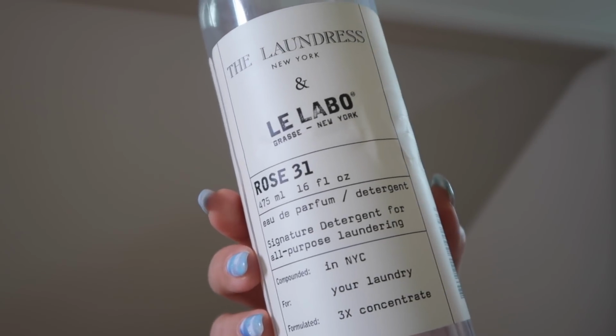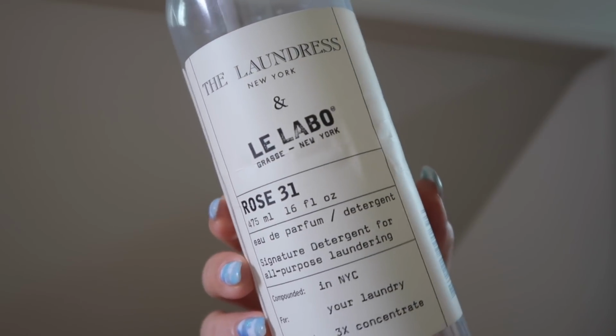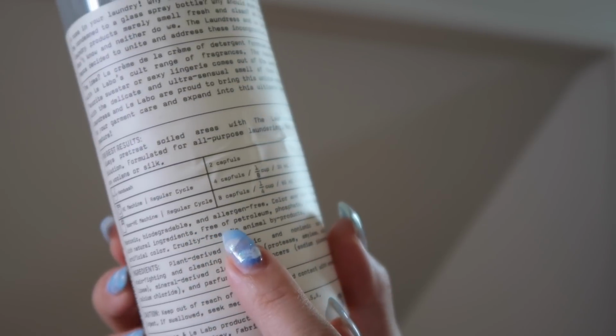And finally, I have a random product, and it is a detergent. This is Le Labo Rose 31, and it is from The Laundress. Now, The Laundress is one of my favorite laundry brands because it is very eco-friendly. It's non-toxic, biodegradable, allergen-free, and I love the way it smells. And this one was in collaboration with Le Labo, which is, again, my favorite perfume brand. I love my Santal, and I actually do have the Santal detergent as well,